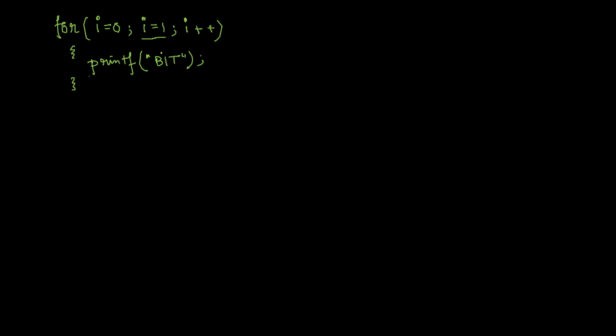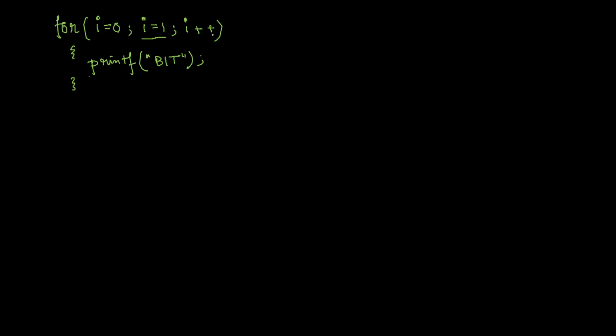That means what actually is happening over here, I is becoming 0 first time, fine. Now in this b part, according to the previous strategy, since it is hard coded that I is equal to 1, that means the value of I will be equal to 1, which means it's true. That means value of I is always true. So that means this printf bit will never stop, because the I plus plus statement doesn't have any effect.